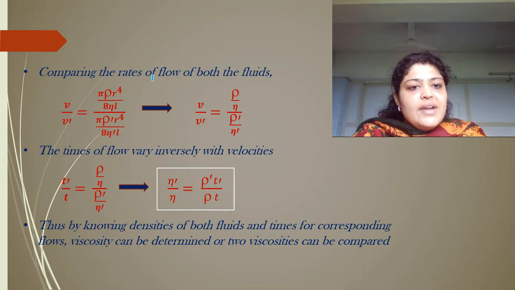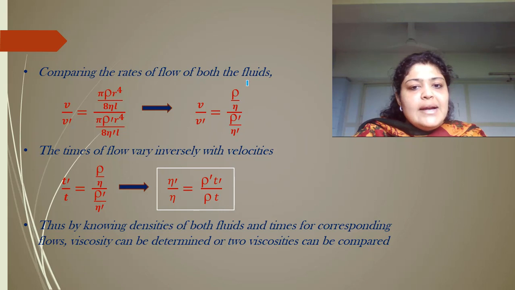Now what I have done is compared the rates of both the fluids. Out of the two fluids, suppose V, the velocity, and eta are known. You have to find out eta dash, or both of them are unknown. You just need to compare. So V upon V dash will be equal to pi rho r raised to 4 upon 8 eta L, this is the equation of V, and this is the equation of V dash, wherein you cancel all the common terms. You are left with V upon V dash is equal to rho upon eta whole upon rho